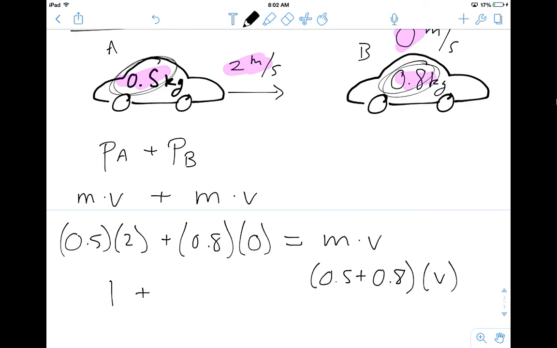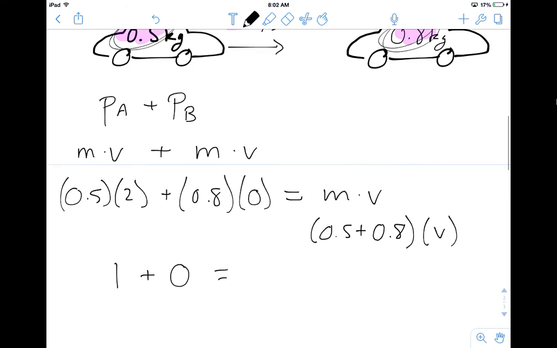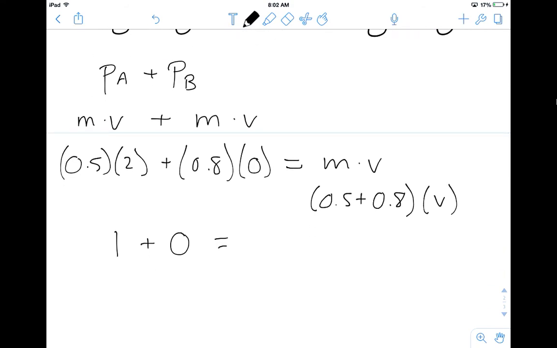And that 0.8 times 0 is just going to be 0. And then 0.5 plus 0.8 is just going to be 1.3. So these two added together makes 1.3 V. So 1 plus 0 is just 1. So now I've got 1 equals